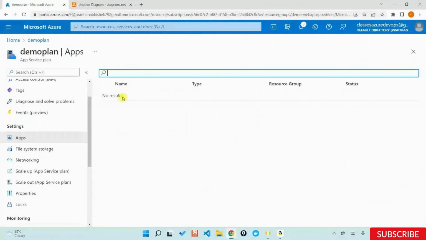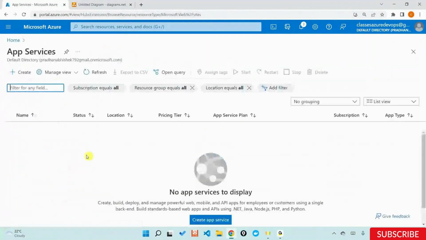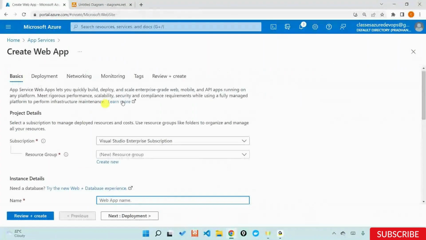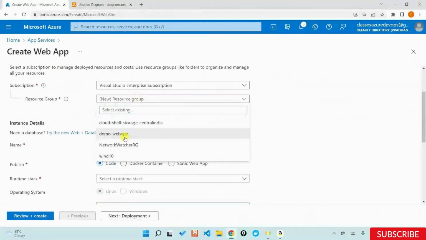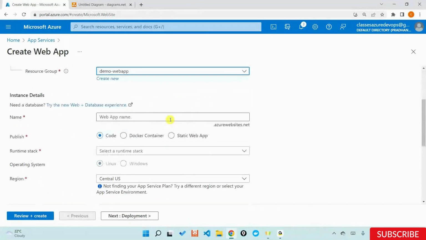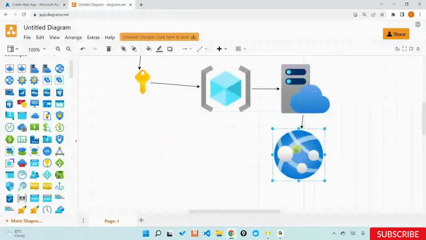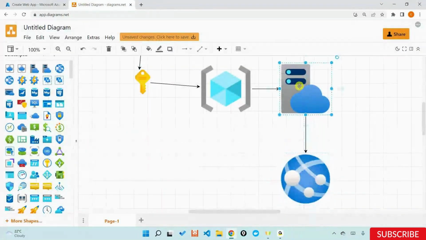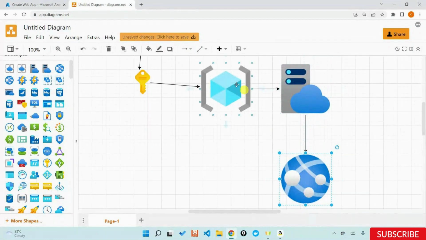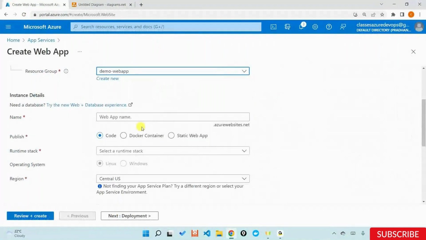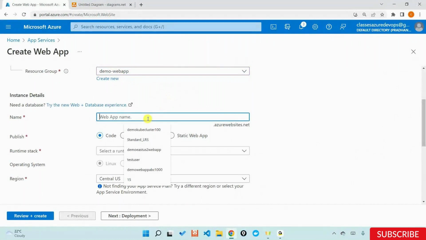And in here it says there are no apps. So let's go and create one. I'll say this is app service. There are no app services. I'll start the creation. Again, it can be in any resource group, not a problem. But if you want to go ahead and place this application under this particular app service plan, both of them have to be in the same location or in the same region. In my case, the app service plan is in East US 2, so I will have to create my web app also in East US 2. But I'll just go ahead and give something like demo web app test 1000,